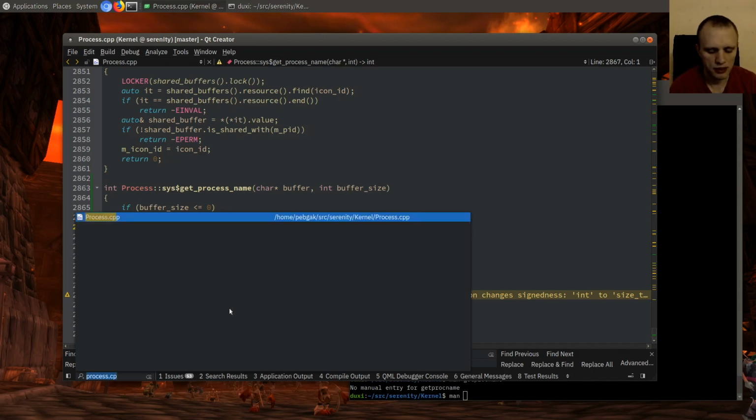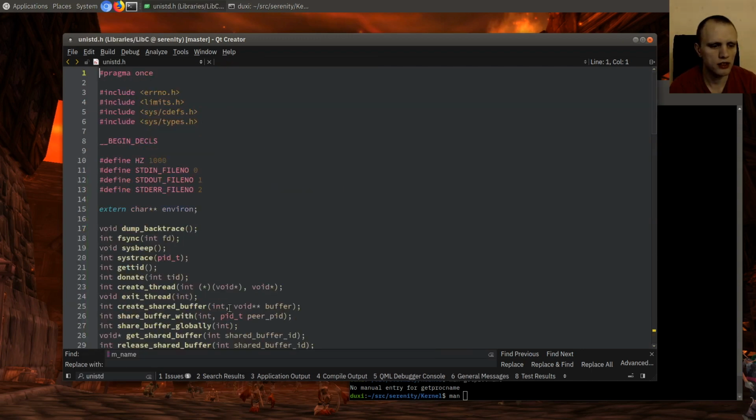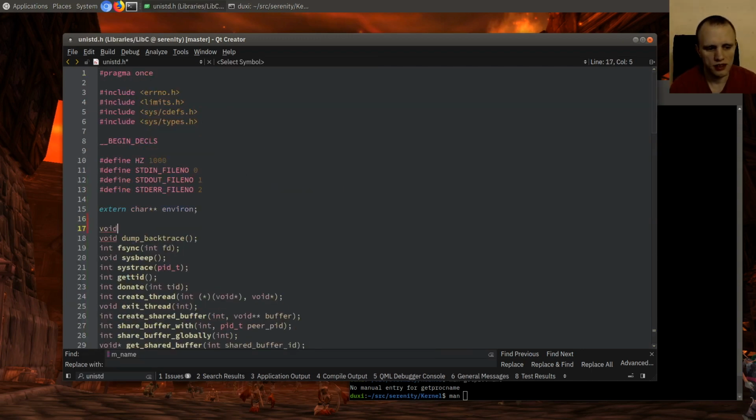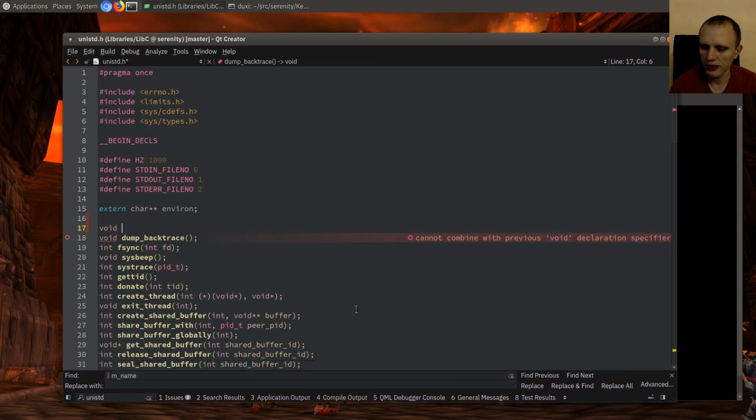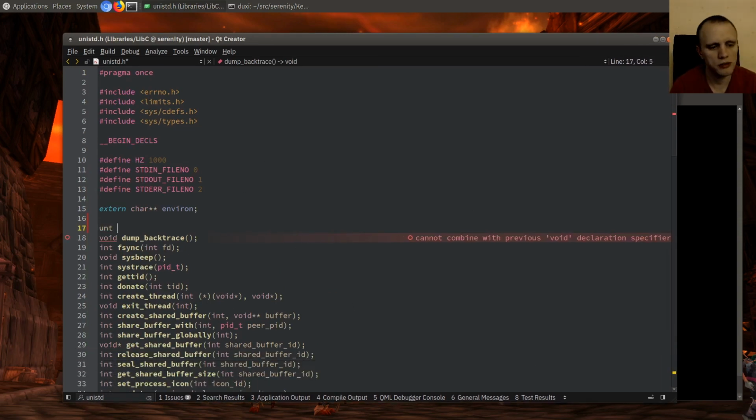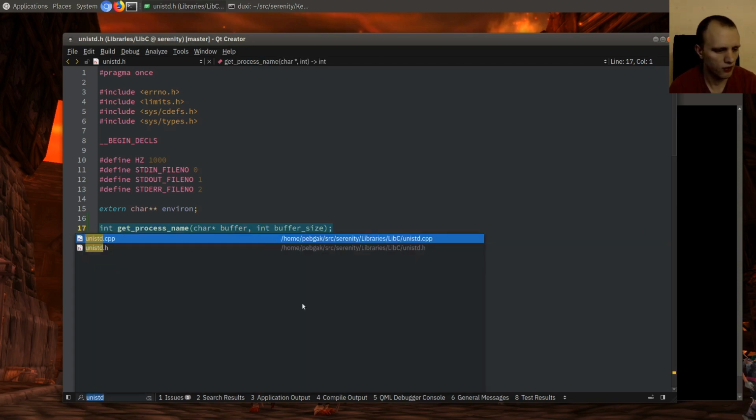Right, and then let's make a wrapper for this. So we'll put that in unistd.h because I put everything here, and at some point I have to stop putting everything here, but right now I'm going to put this here as well. Get process name, buffer size. I mean, that's the syscall. And then,